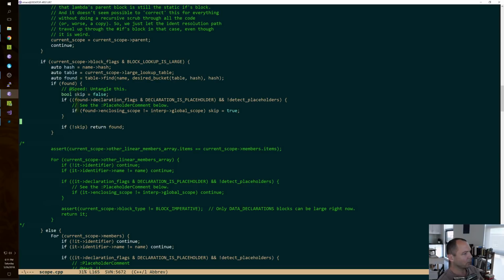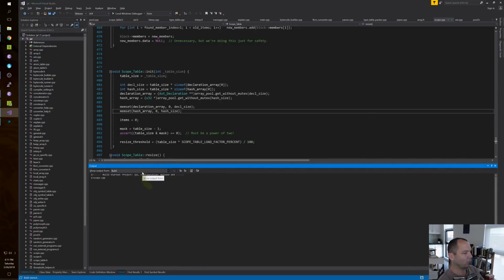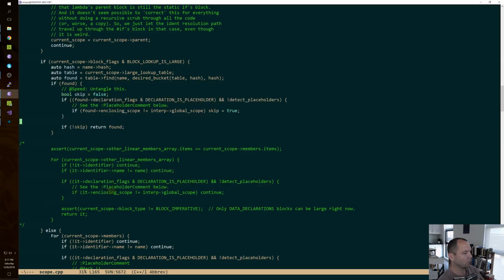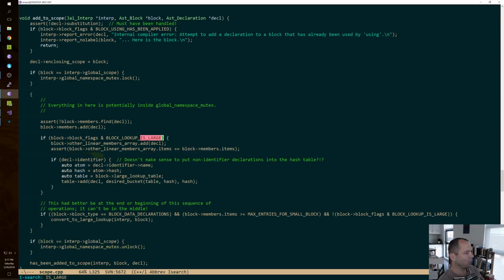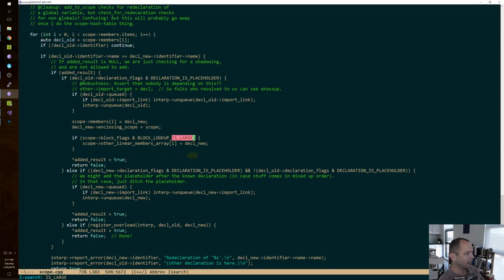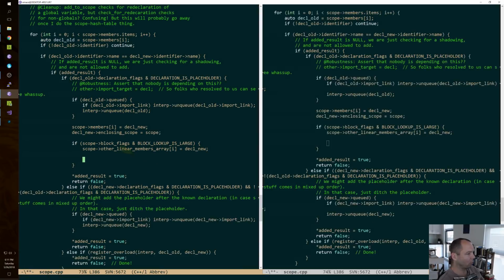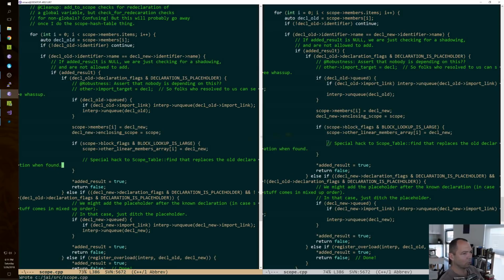Okay, let's see if that compiles. We still have to do the other thing. Okay, we still have to do, not that, we did that, we did that. This one. So, special hack to scope table find that replaces the old declaration when found. Okay, so